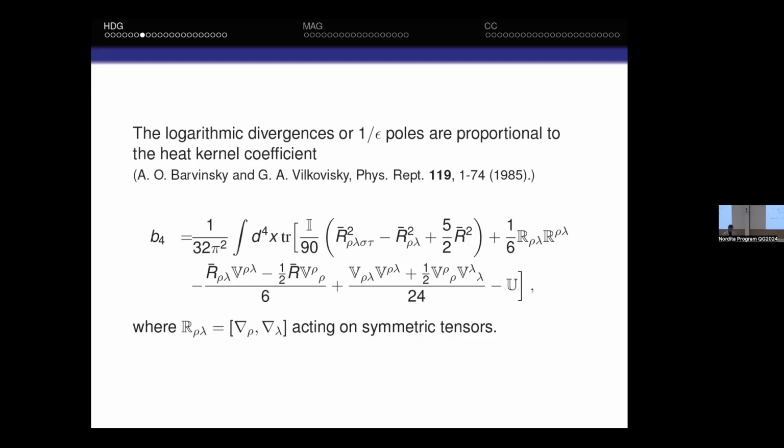The beta function comes from the fourth heat kernel coefficient. For the operator that I showed, this heat kernel coefficient has the form shown here. It contains, you see, the square of V, and is linear in U. When you have ordinary theories with two-derivative kinetic terms, you will have here U squared, but now you have U. And again, U contains R squared. So this contributes to the beta function.